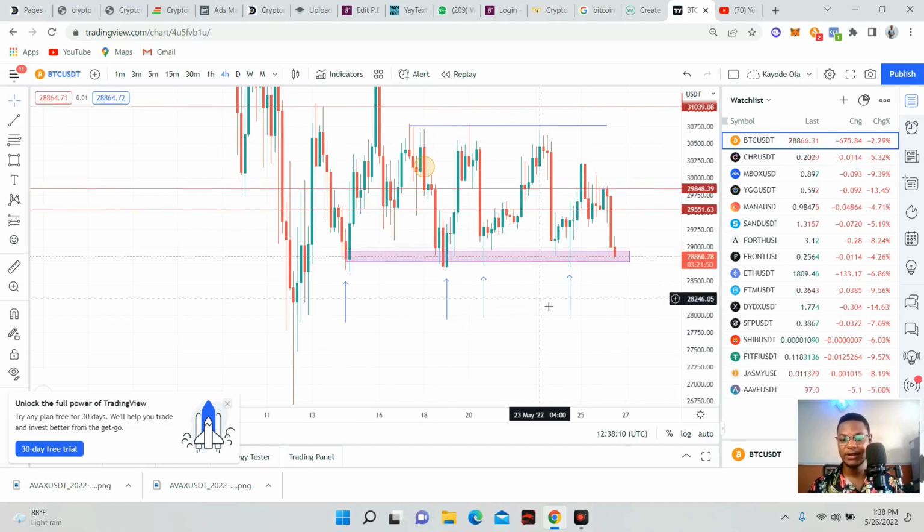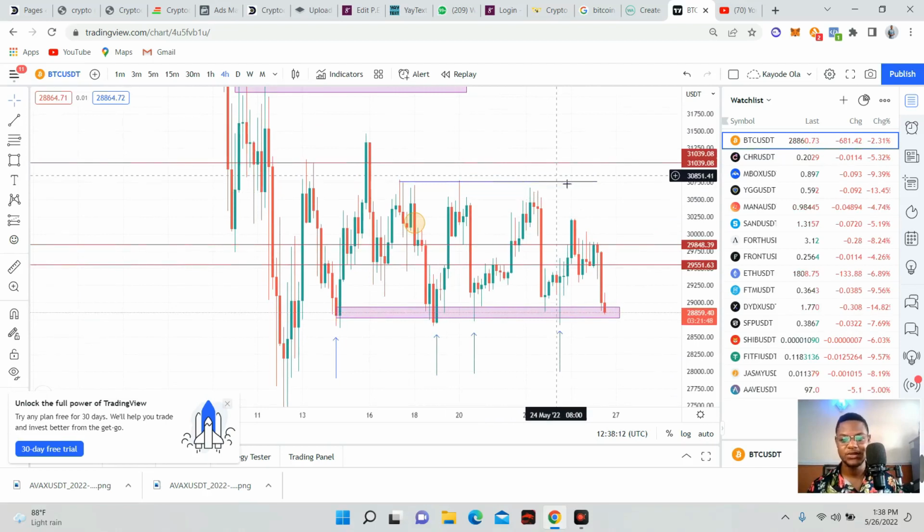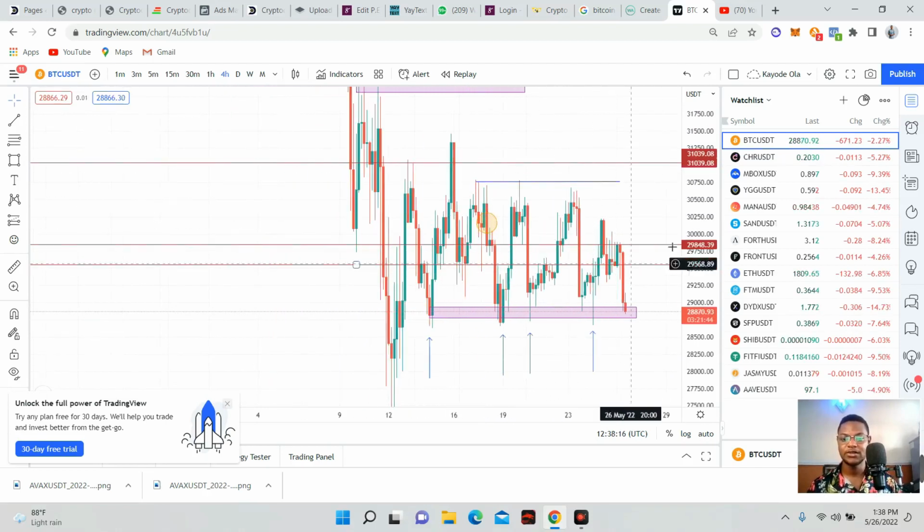What I'm saying now as a swing trader is to do what? Sell the retracement. Because as of now, most people are calling 21K, 20K, 19K as the new stop for BTC, which it might go to and it might not. But as a short-term trader, you can always short the retracement, because it will retrace back, then you short it, just like this particular point.